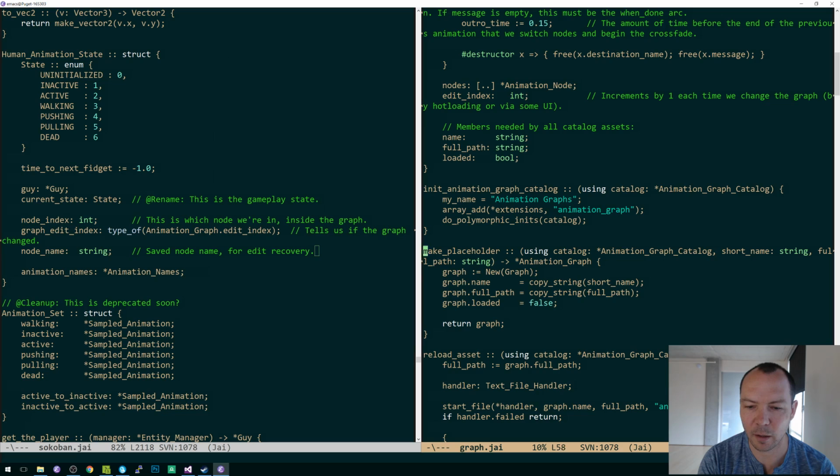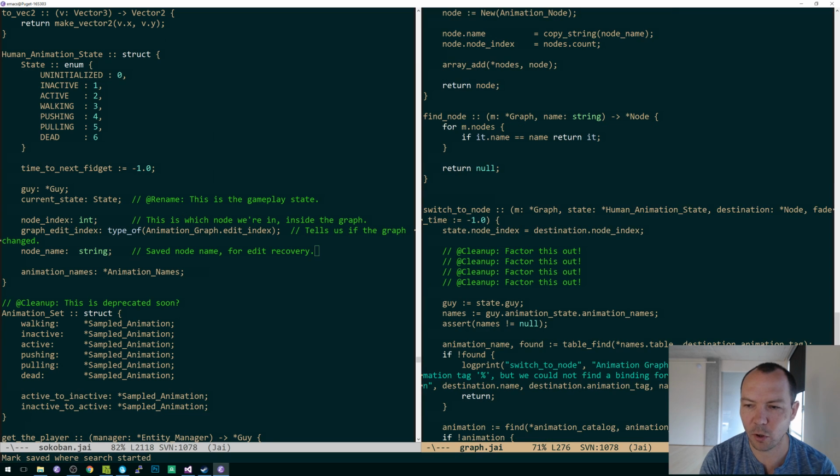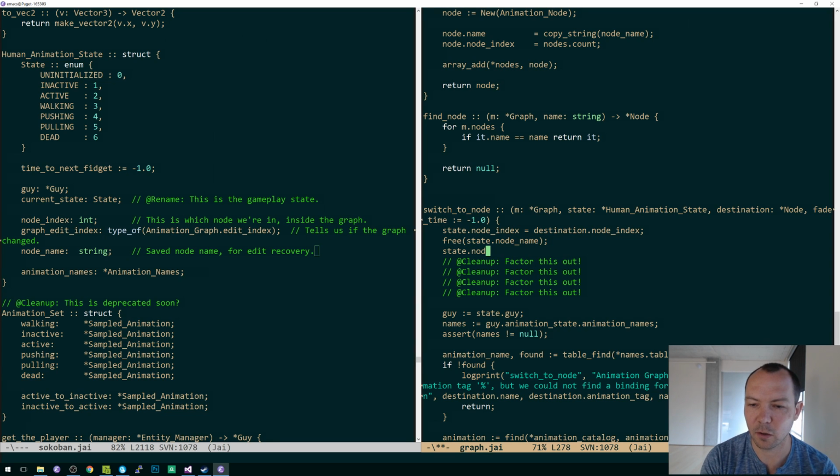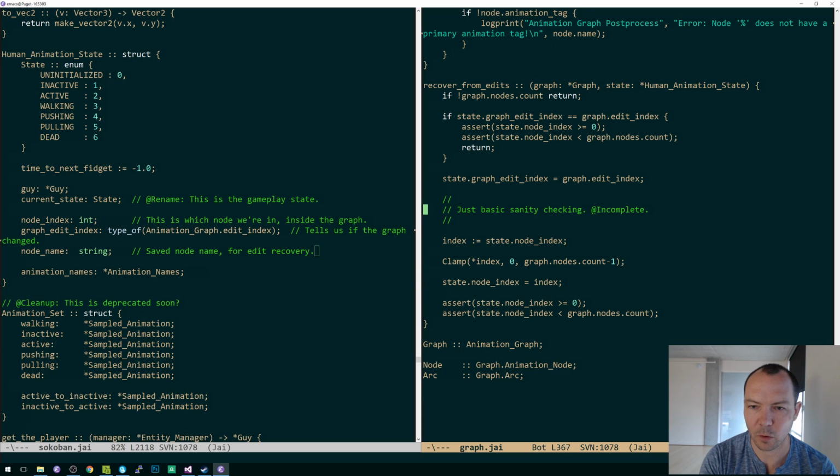Okay, so we had a switch to node here, which is when our animation state gets set to a particular thing, and we're going to say free state.node name, state.node name equals copy string of destination.name. That's fine. And then when we do a recovery, we're going to say